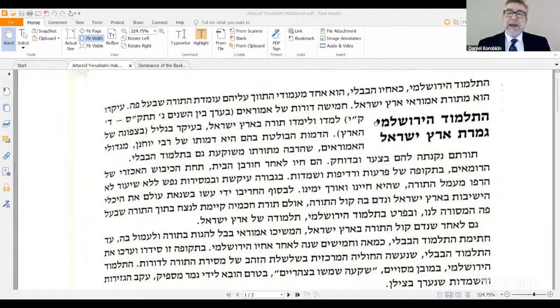Toratam nikneta lahem b'tza'ar u'v'dochak, and this is an important point. One of the reasons that we're going to see why Talmud Yerushalmi finds its voice in the way that it does, in a very terse and sometimes maculated way, and also why it's not as studied as prevalently or as much throughout the ages as the